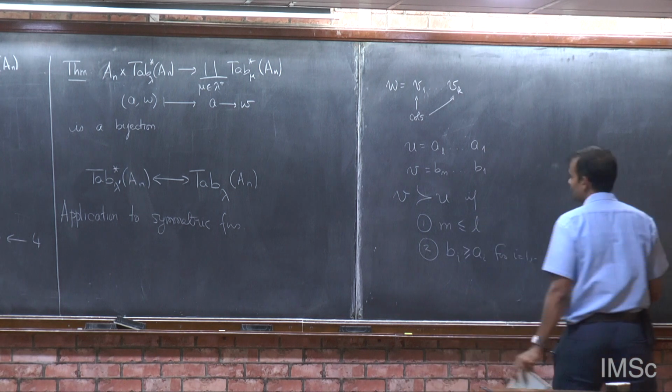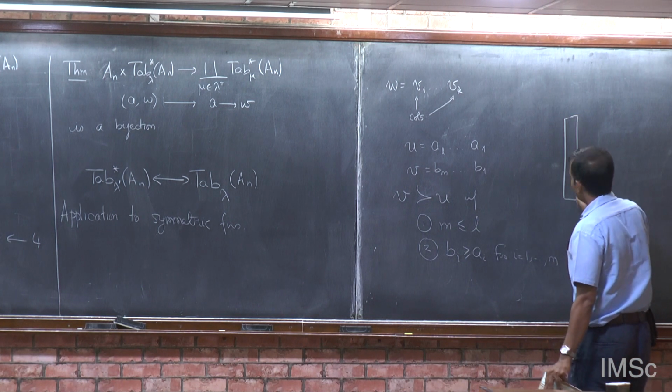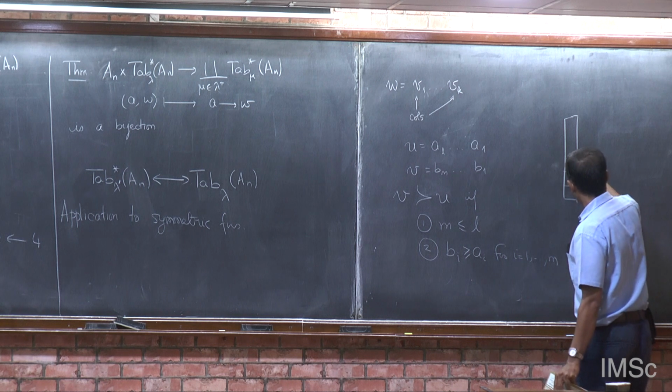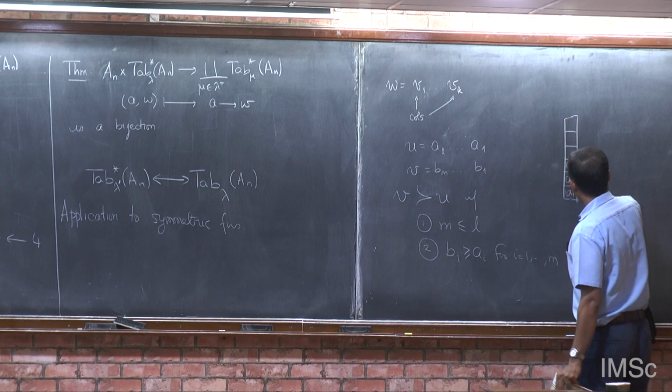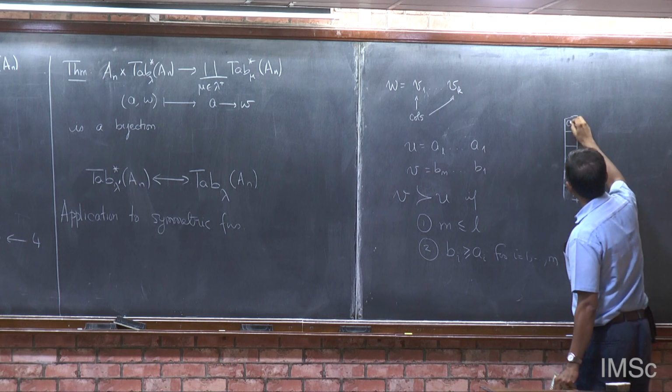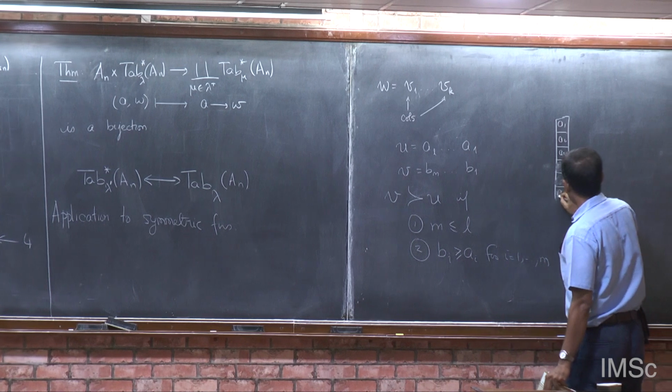Visually it is just something like this. So, you have your first column, which is written like this: A1, A2, A3 and so on, up to AL,